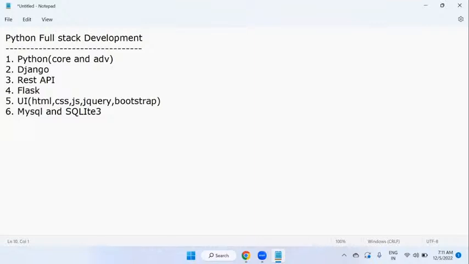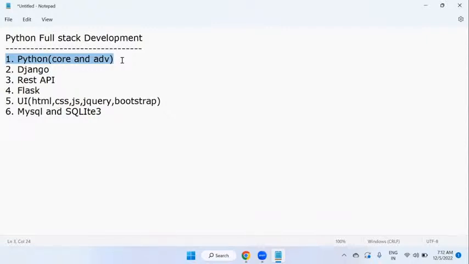One thing for sure, in all these 6 subjects which I'm going to cover in Python full stack development, you are going to learn only one programming language, that is Python. The remaining are not programming languages. Strictly remember, only one programming language you are going to learn, that is only Python, sir. Because every Python full stack developer, or any full stack developer, I'm speaking like Java full stack, .NET full stack,